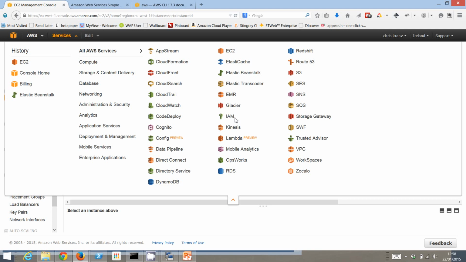It's stupid. It's a pain in the ass to use. But for that reason, you shouldn't use it. You don't use a root account. You use it to set up all your users, and then you put it away, never touch it again. So I'm bad practice here. For my account, I am using my root account daily. Shouldn't do, but there we go. So IAM is kind of your way of securing everything. I'll go into this quickly because there's some quite cool